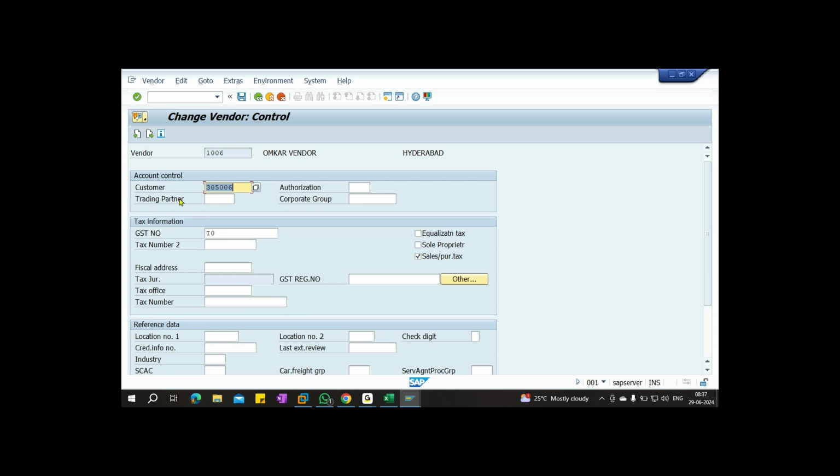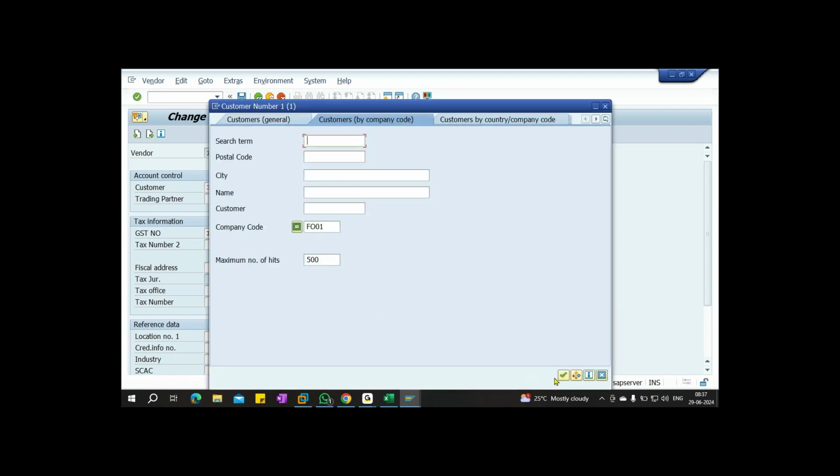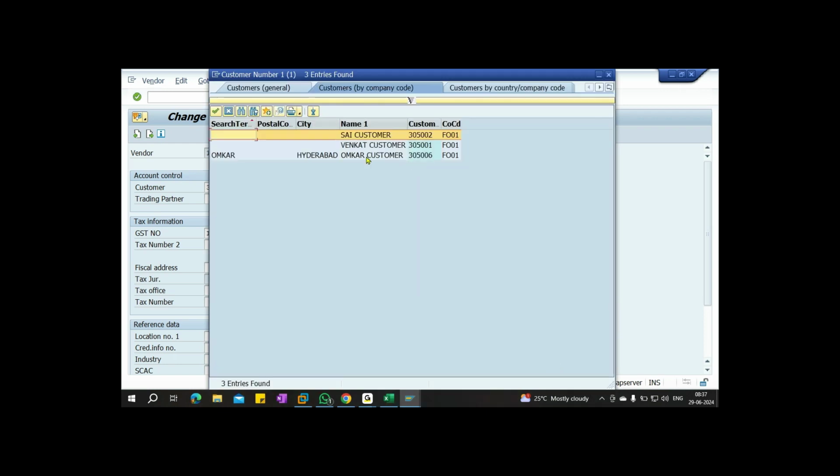Observe, did I give it in the vendor? I did not give it. Whenever I map the vendor in the customer, when we map customer to vendor, the system in the vendor automatically picks the customer number. So click on F4, check the customer details. See, 305006 Omkar customer,